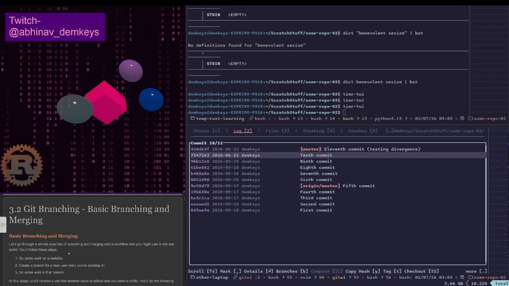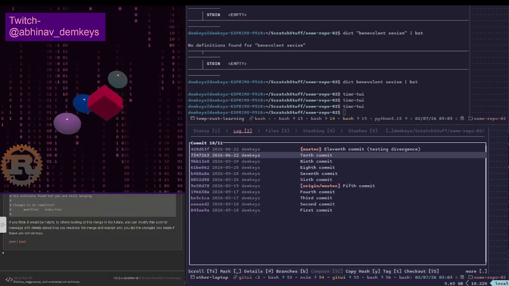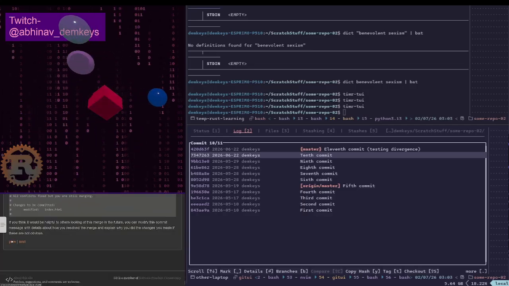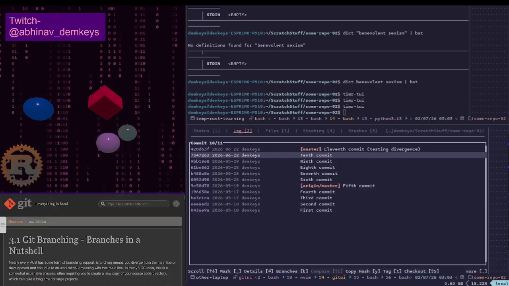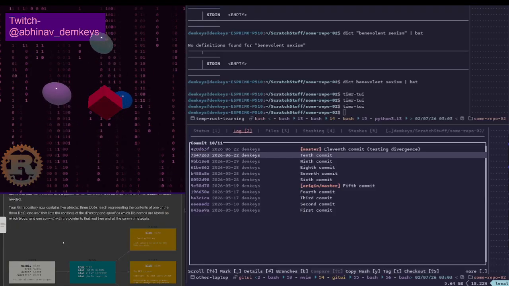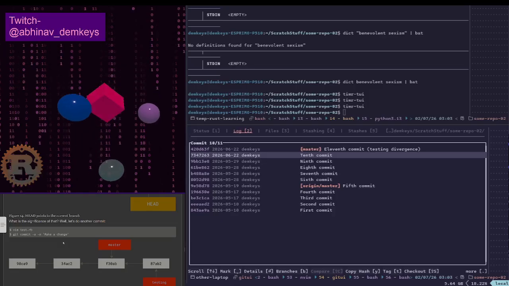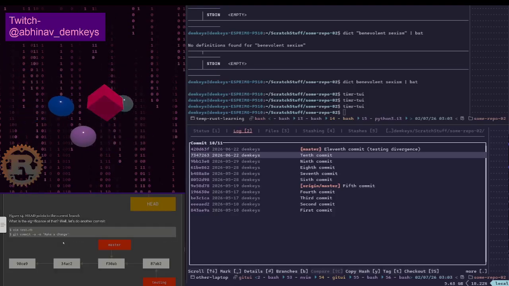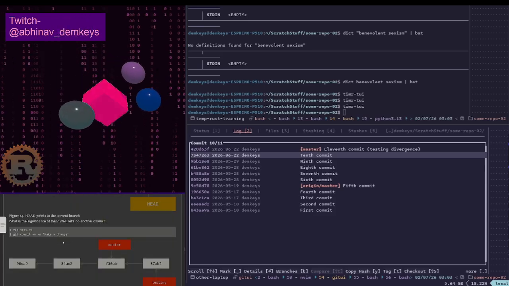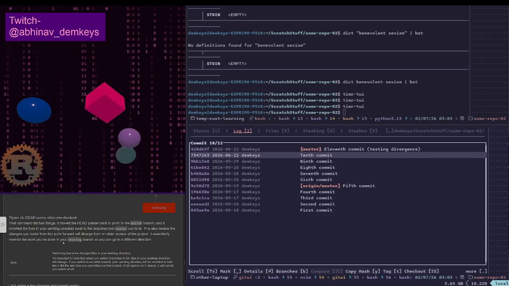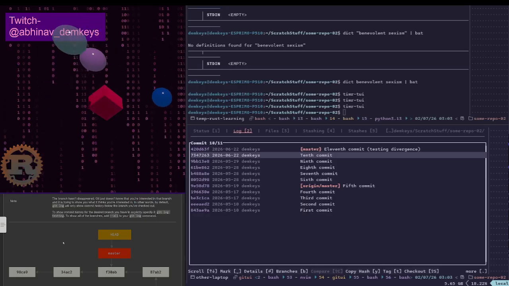Can I go to the previous page from here? No, let's go down, hit, sorry, hit previous. Okay, I'm guessing we finished this. We did, yeah, because it says testing, and we created a new branch. We moved to that branch.